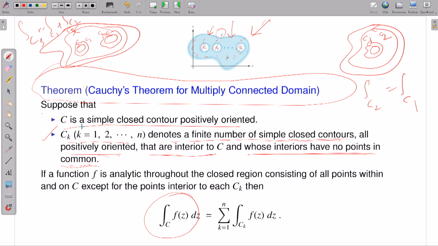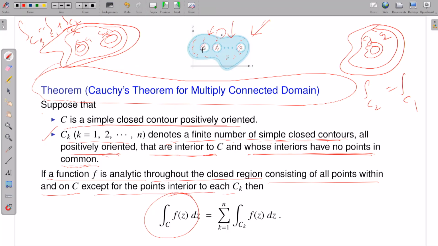So if C is a simple closed contour positively oriented, and Ck denotes a finite number of simple closed contours, all positively oriented, that are interior to C and whose interiors have no points in common, and if my function is analytic throughout the closed region consisting of all points within and on C, which is the blue shaded region, except for the points interior to each Ck,